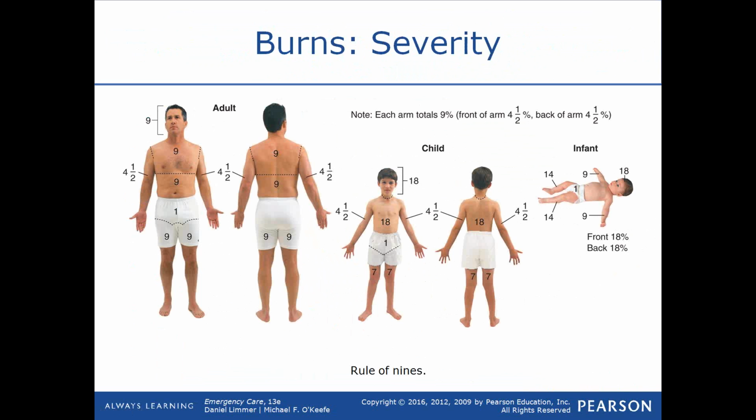Now, when we get into children and we get into infants, the percentages are quite different. Children have much larger heads than adults, so where ours would be 9%, theirs is 18%. So, you can use the rule of nines, but perhaps one of the easiest ways of determining the percentage